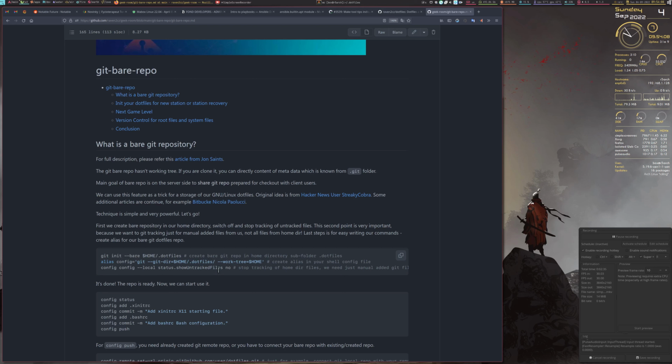Nothing more. All other files will not be tracked and not used by this version control system. It is a very great approach because you want to keep just your specific projects and configuration files, which are important to back up and keep in your